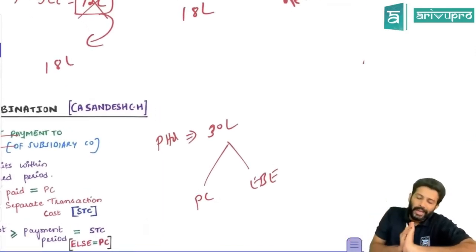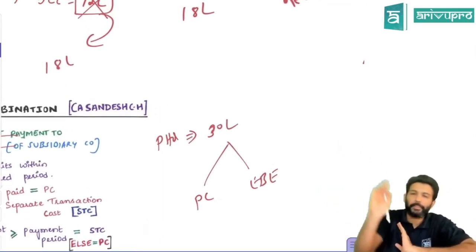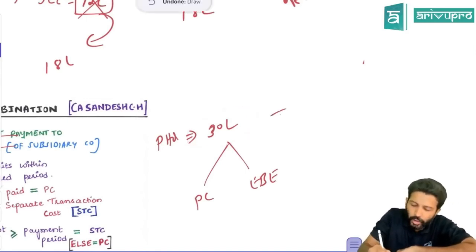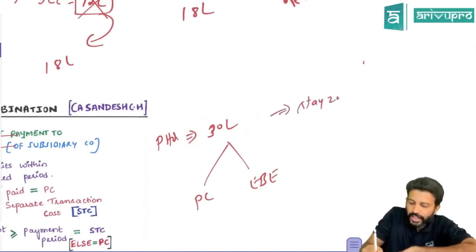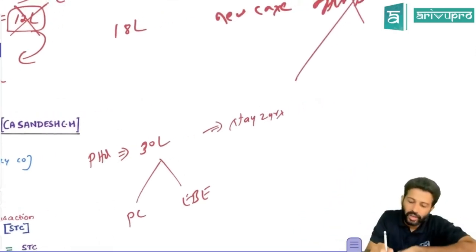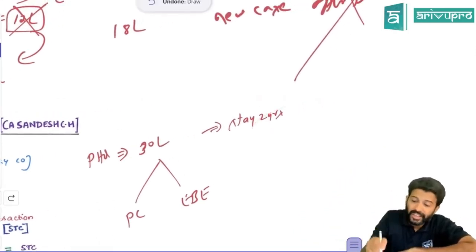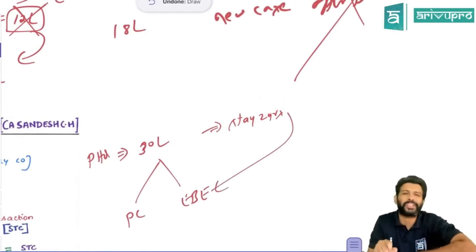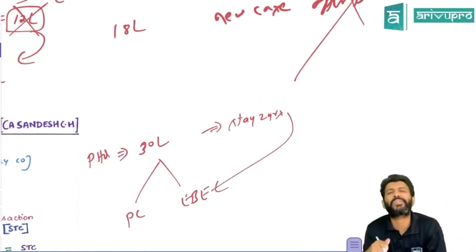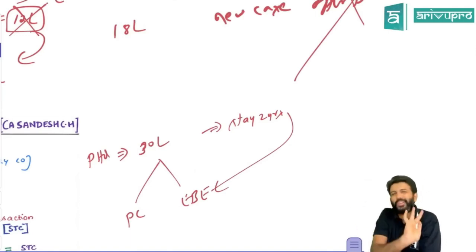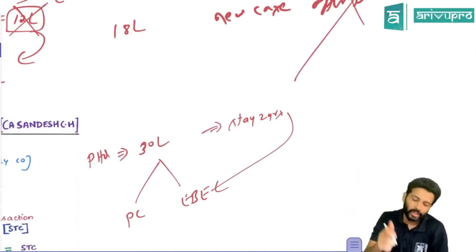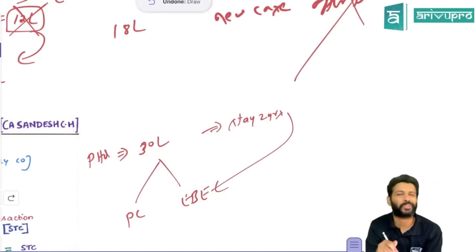Okay. Now let's say the parent is telling the subsidiary employees, I will give you 30 lakh provided you stay in my organization for 2 years. If this is the case, it is an employee benefit expenditure, meaning the parent is giving this money to get some extra service from those employees. That means this is not towards business acquisition. This is more towards getting additional service from employees. So in that case, it will be an employment benefit expenditure.